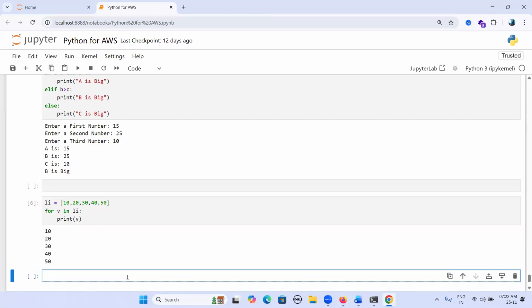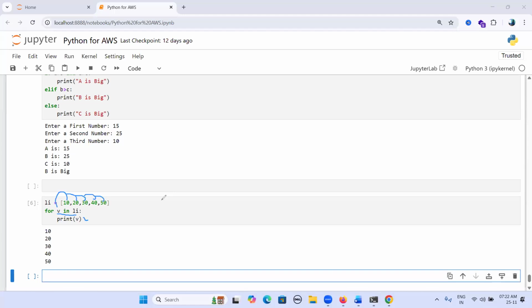So I am printing list values. What happens here is, for v in li, it means first it will take the first value and it executes all statements. Next iteration, it will take another value, and so on, automatically.